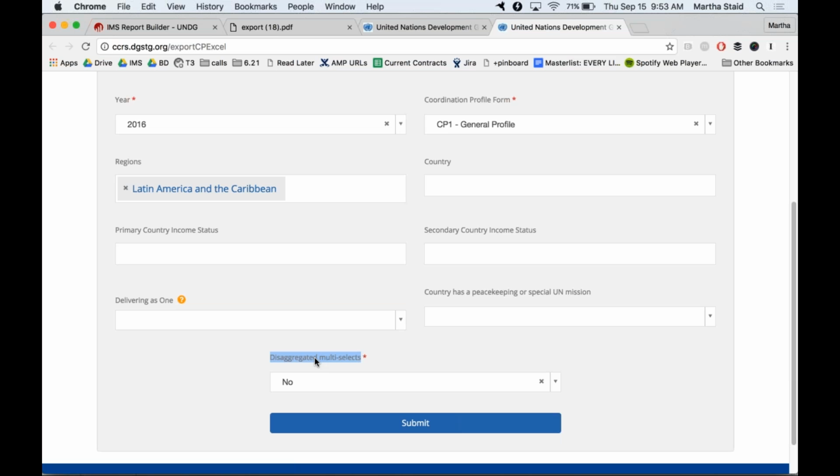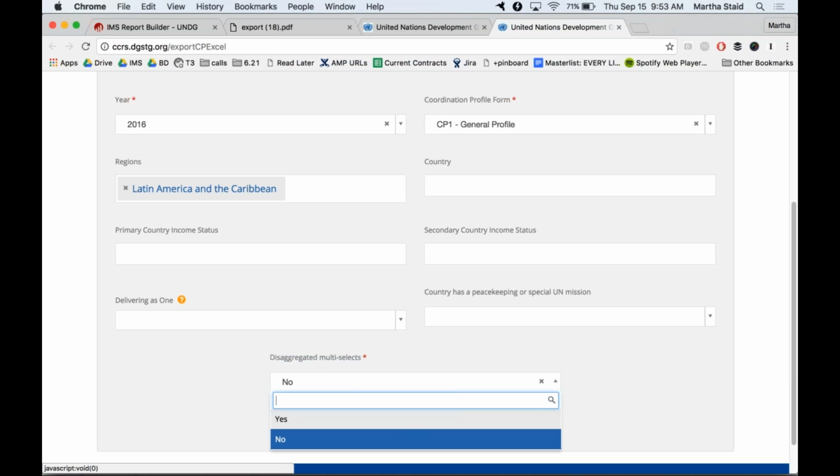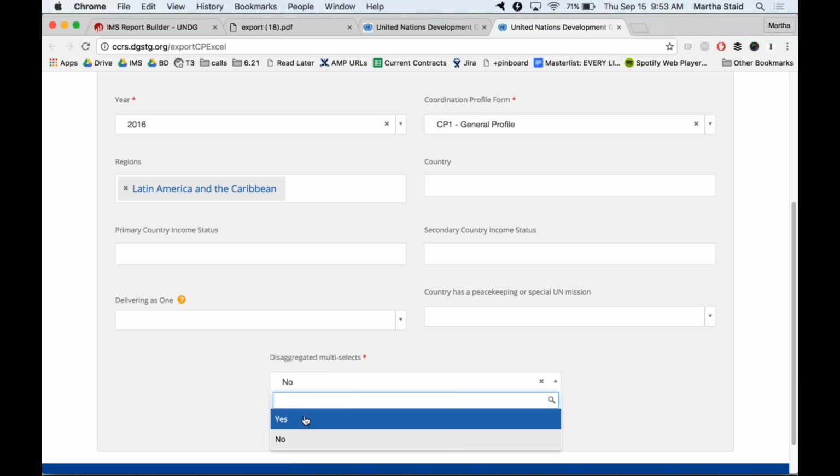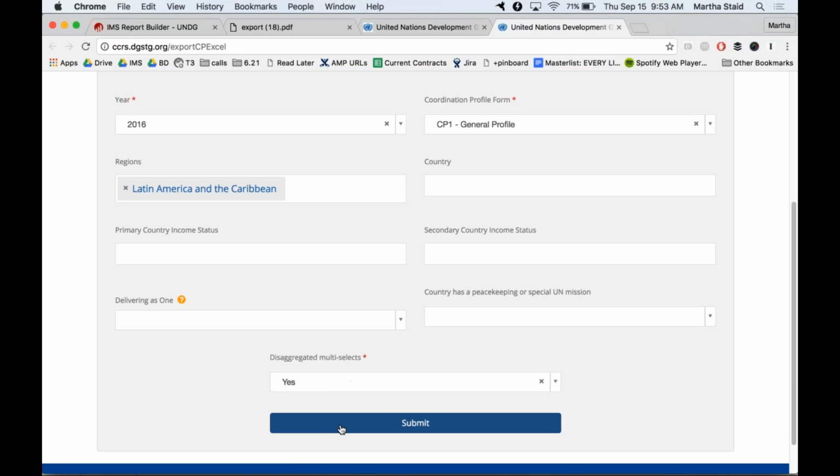I think in your case, one of the important things to know is that you can choose to disaggregate the fields where a user has checked multiple answers, or choose to keep them aggregated, but that will allow you to break the data down to a greater degree of granularity.